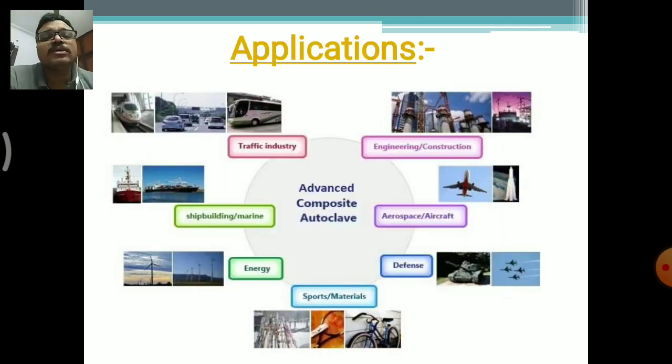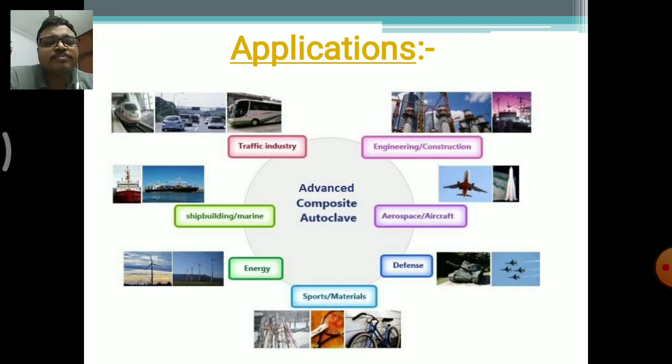Next are the applications we are using for FGM in different sectors. The first one is the traffic industry. In the traffic industry we are using it in signal lights and in LED bulbs also. That is the transformation of information from light to power. We are using it in the traffic industry mainly in signaling, that is, controlling of signals.